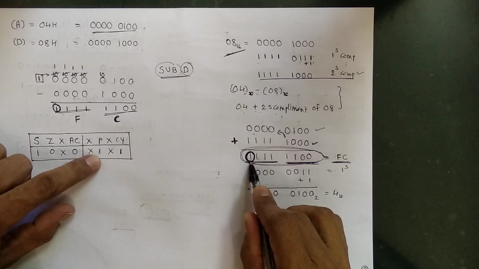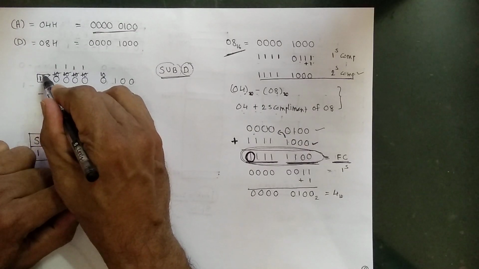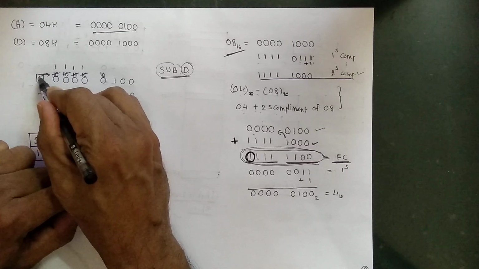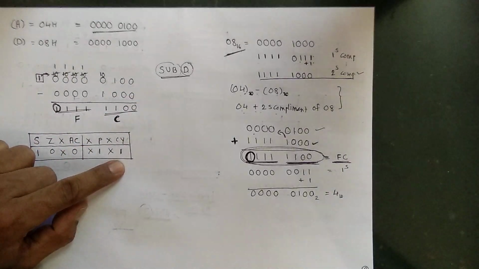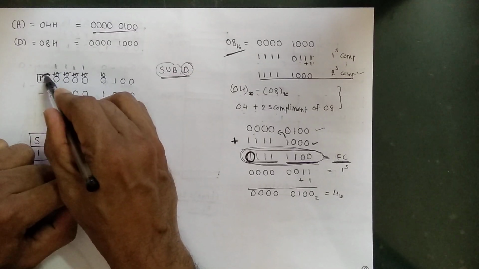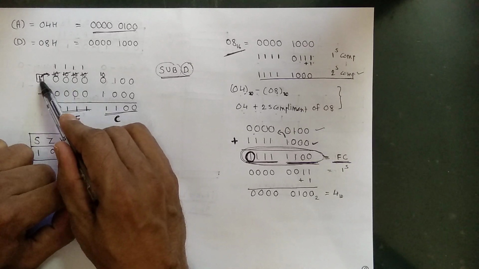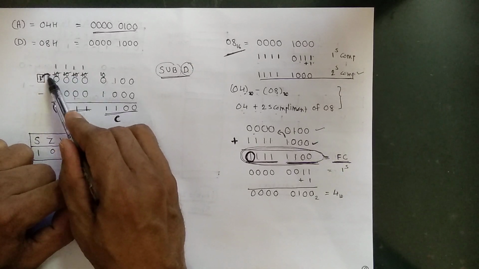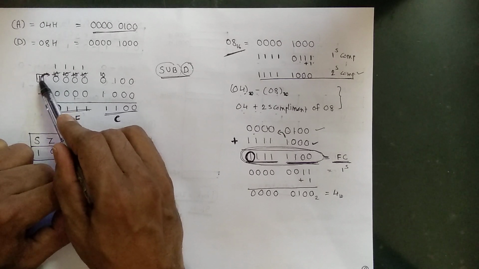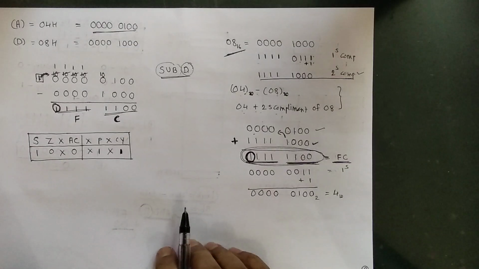And in the subtraction, we are taking a borrow from the 9th bit. In subtraction, carry acts as a borrow. Remember one thing, in subtraction, carry represents the borrow. Here we are taking a borrow from 9th bit. Therefore, carry flag will set. We are taking 1 from here. Therefore, carry flag will set. This is the example how flags are set and reset.